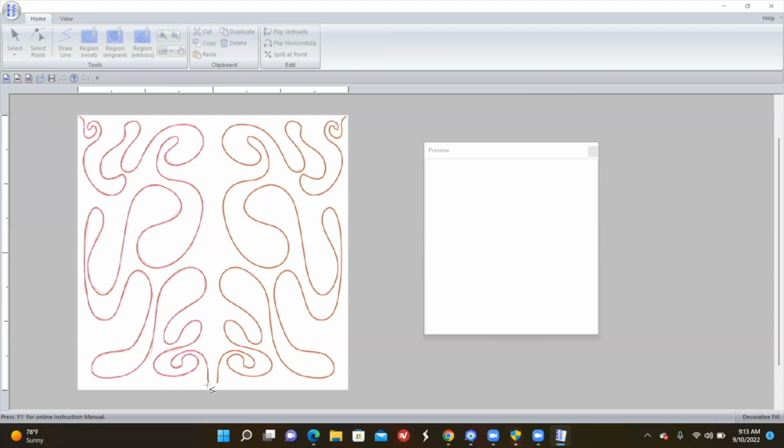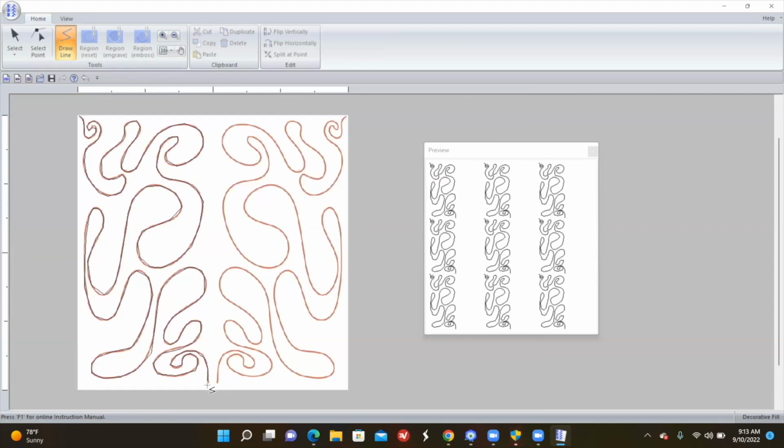Once we get to the end where we want our line to stop, we'll double left mouse click and that'll end our line. Look, and our preview image shows us what we've created as well. We need to select our design, so we'll choose our select feature and then drag our box all the way around the design that we just created. Notice how it selects it. Then we'll choose our copy feature